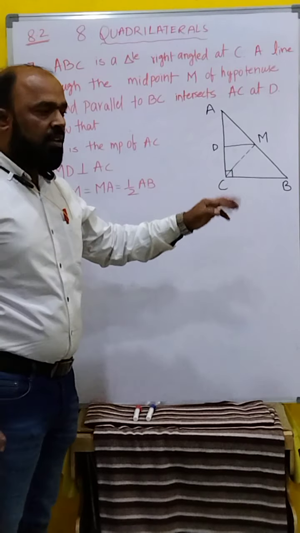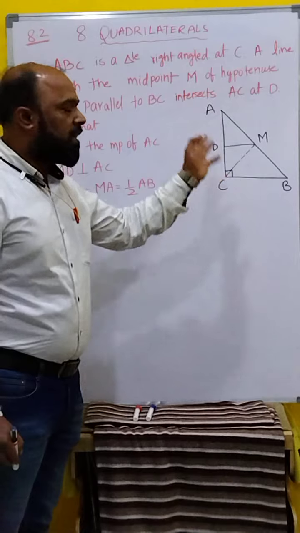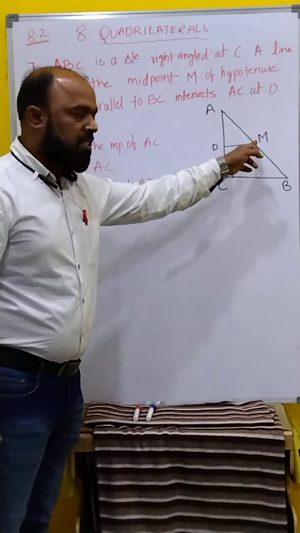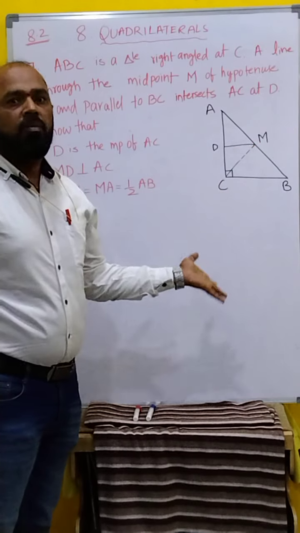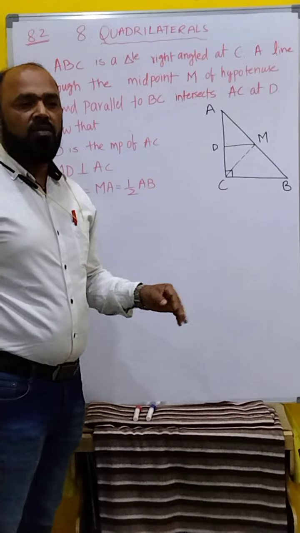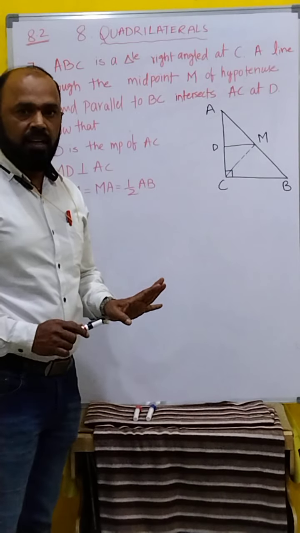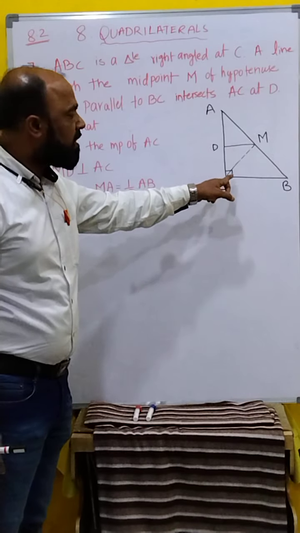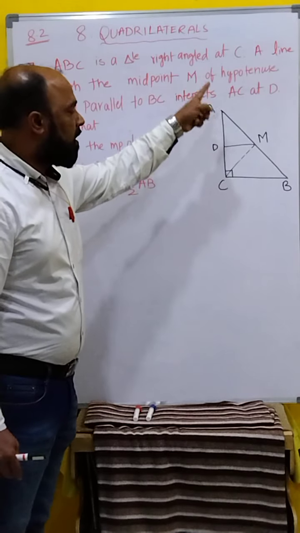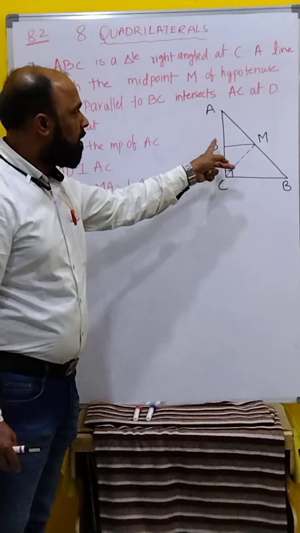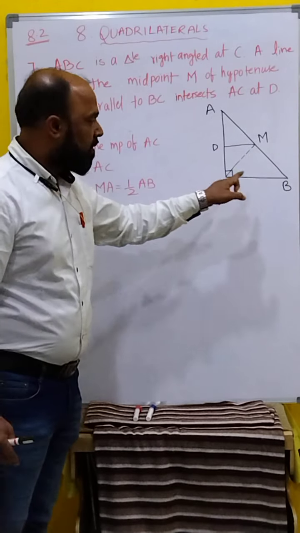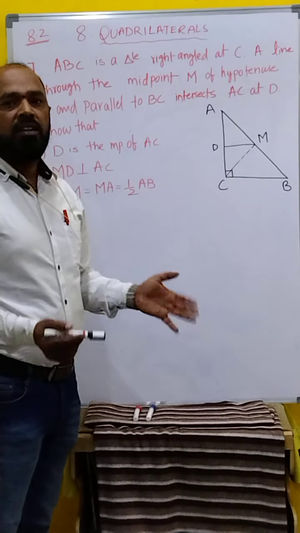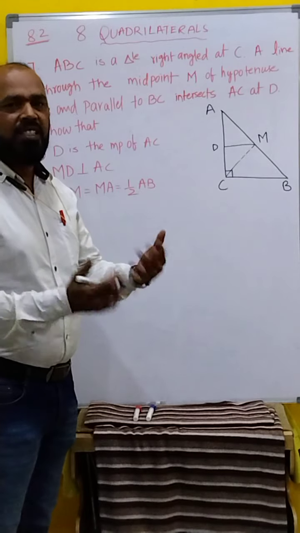First one, observe here, from the converse midpoint theorem, in any triangle, if DM is parallel to BC, and M is a midpoint, then obviously D is also a midpoint. It's very simple from the converse midpoint theorem. Clear? Then another one. We know this is 90 degrees, already given at C. And this one, DM parallel to BC, you know. Both are equal. What is the reason? Corresponding angles are equal. Clear children? It's two very simple things.